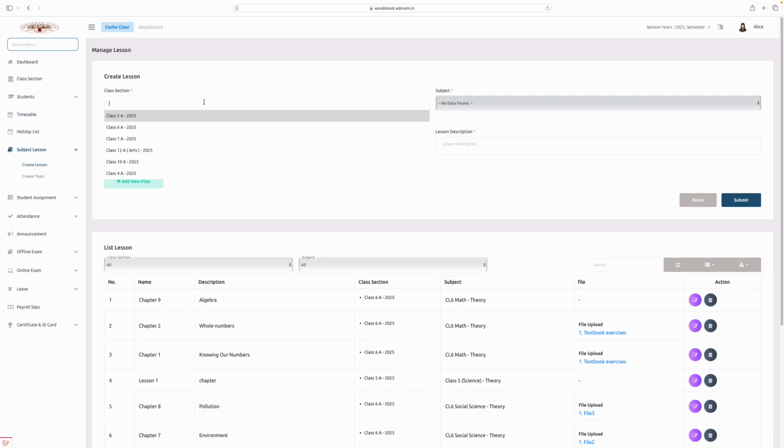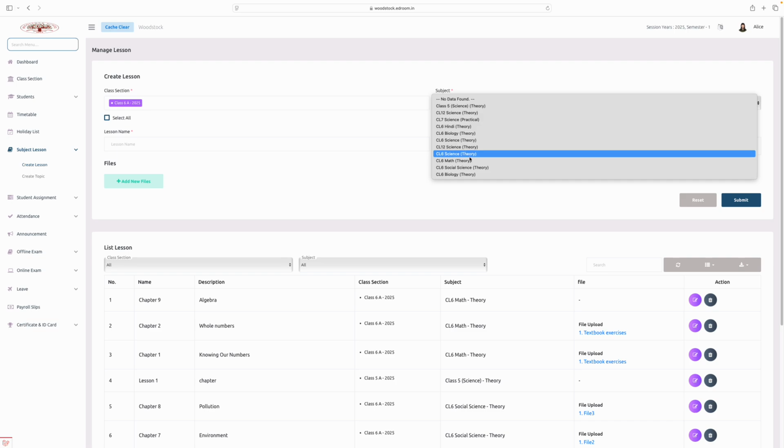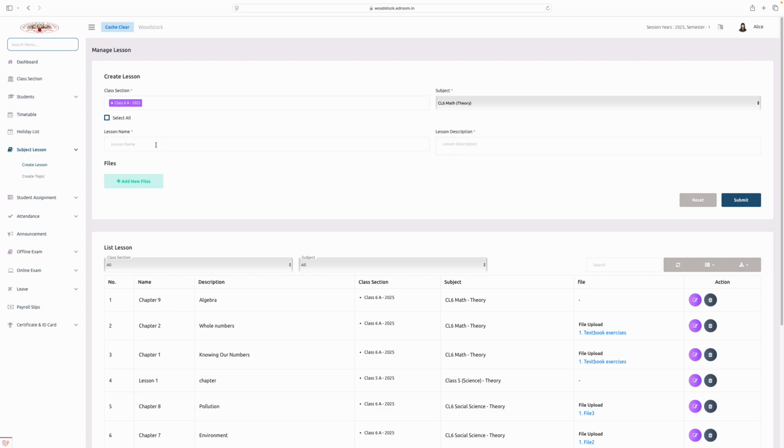So keeping that in mind, the other thing is she is currently the class teacher for 6A. So that is what you would be selecting. And for the subject, like I said, she's the class teacher for class 6 math, so you select that. And in the lesson name, this is based on whatever the teacher or school wants to customize. For instance, just for demo purposes, we've used the lesson name as